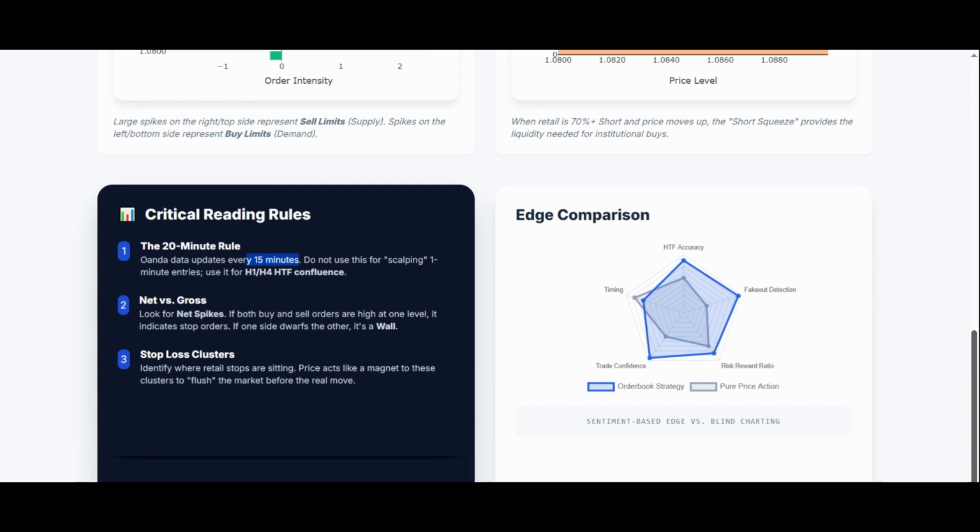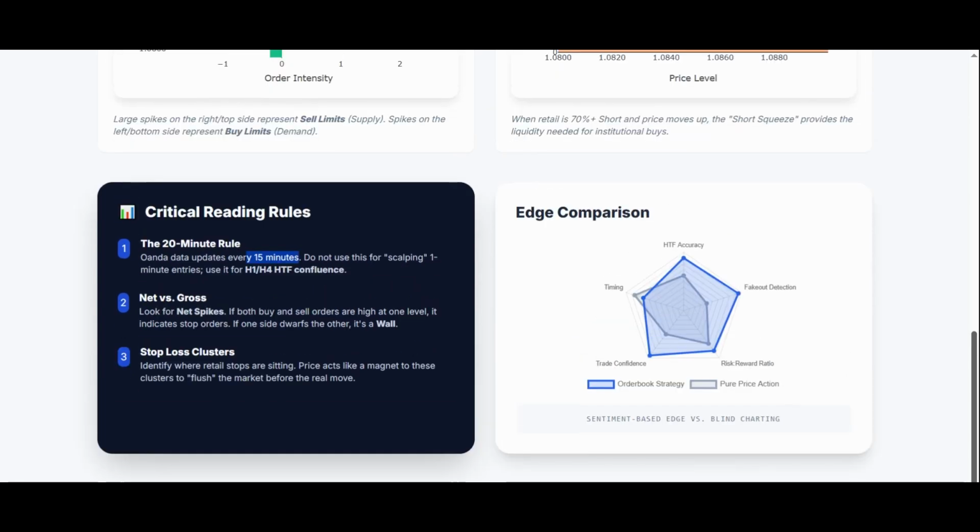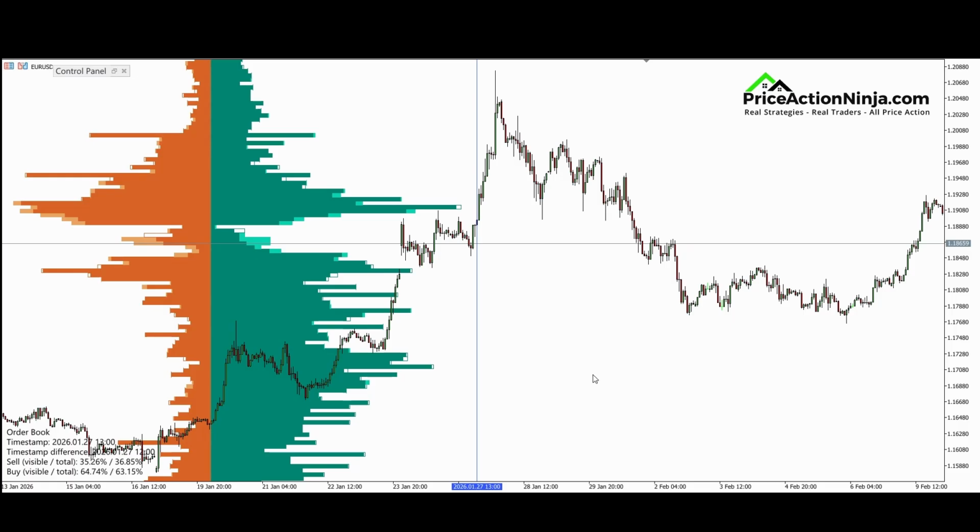This is where zone trading stops being a guessing game. No more blind entries, no more second guessing, just a clean, structured method to know whether a level deserves your attention or deserves to be ignored. Let's get into it. Now, let's bring this onto the chart so you can actually see how it looks in